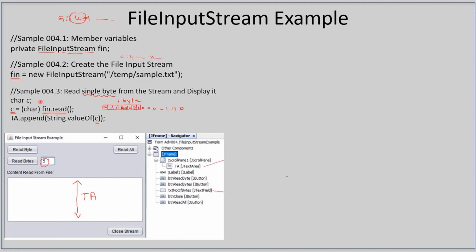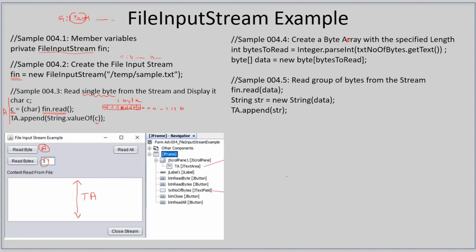So that means this portion of code, let's say this is A, and our read byte will make use of this specific code snippet. Then if you see create a byte array with a specified length, that means here we are dealing with the second portion. So Integer.parseInt of txt number of bytes. So this one is the txt number of bytes,